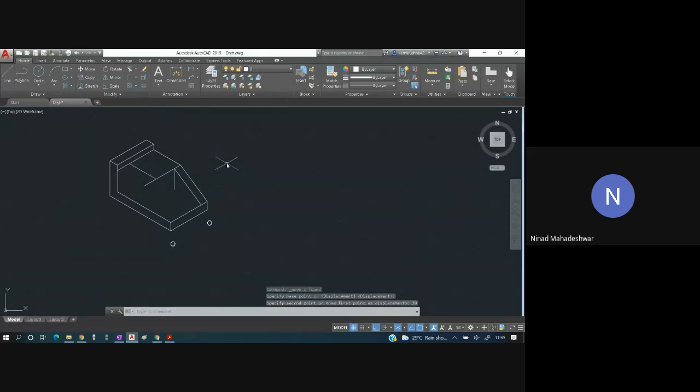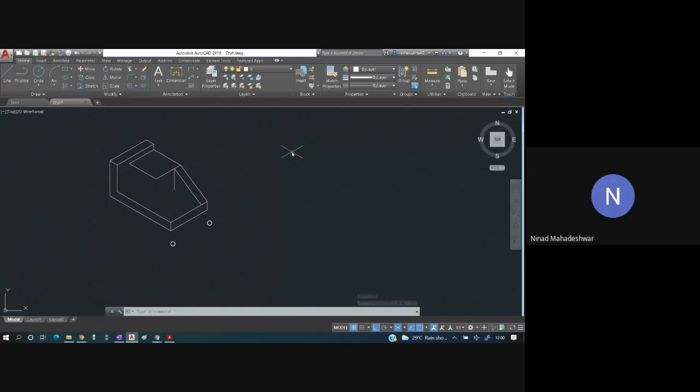Now whatever extra things you see over here, you have to trim. So Control A, and this is the extra part that I'm going to trim. Similarly, this is the extra part, I'm going to trim. And this is an individual line which I'm going to delete. Everybody has got this?